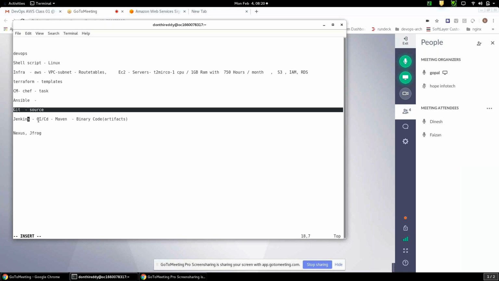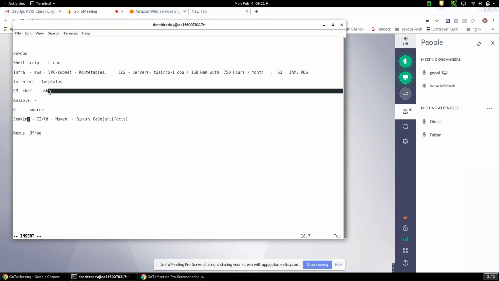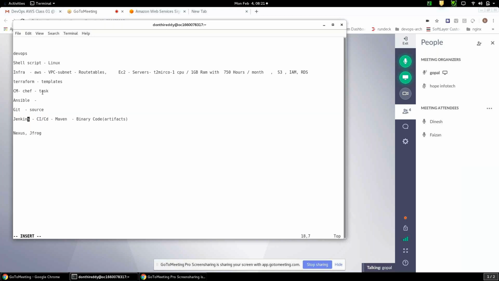After that, another question. The actual source code from the developer resides in Git, in the repository, right? My question is, are we performing the CM activities before or after we are uploading to Git? Before. Now see, if you want to perform some task in Chef, what you have to